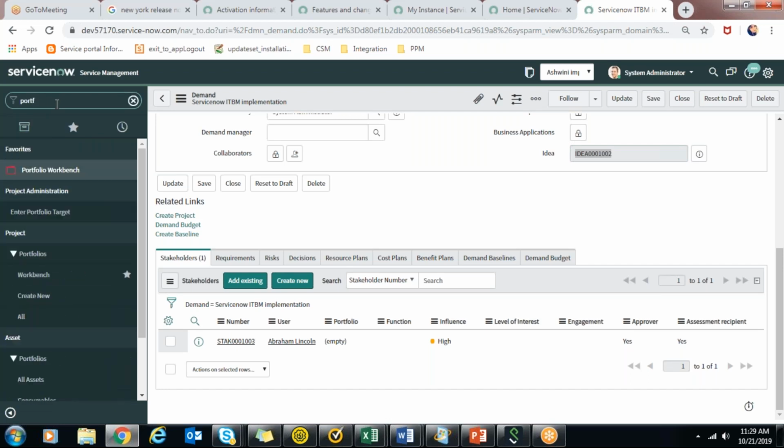Portfolio: if you click here, under portfolios, click on create new.